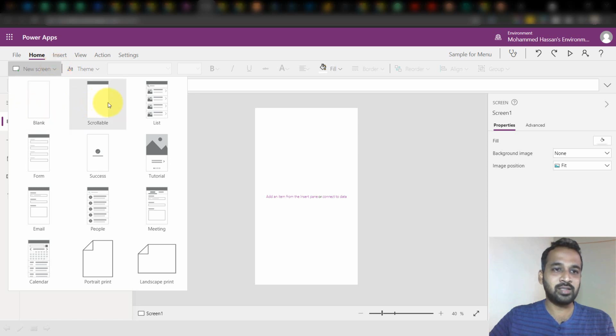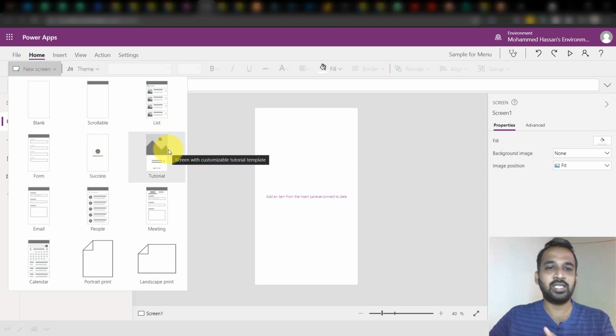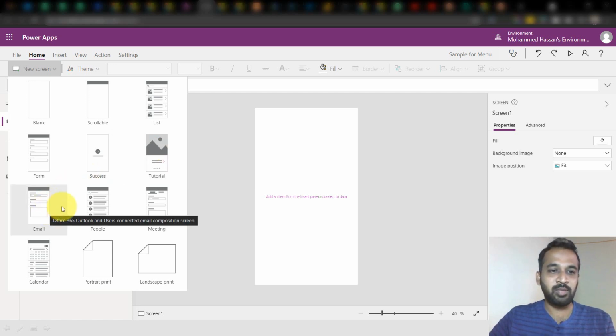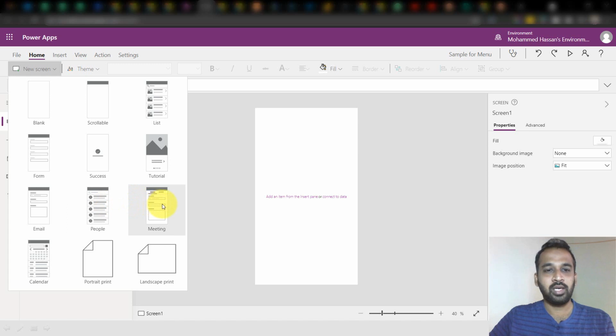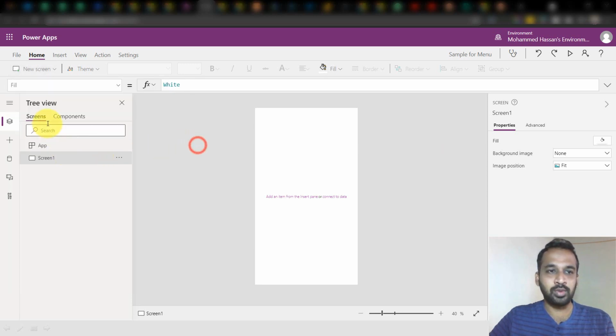The new screen can be blank or scrollable, a list of values or a form, or just a message like a success message or tutorials, or a kind of skip-and-continue screen, and the email form, the people and meeting form, the calendar form, or the portrait or landscape print form. Whatever you want, you can click on here. It will add up to your hierarchy preview here.